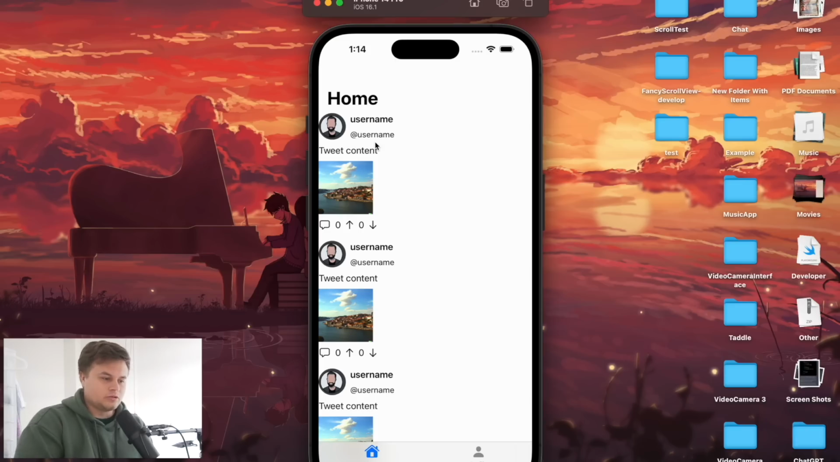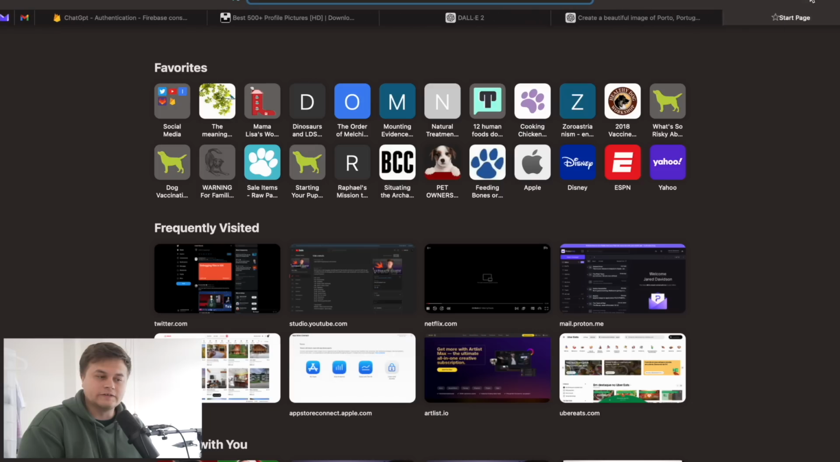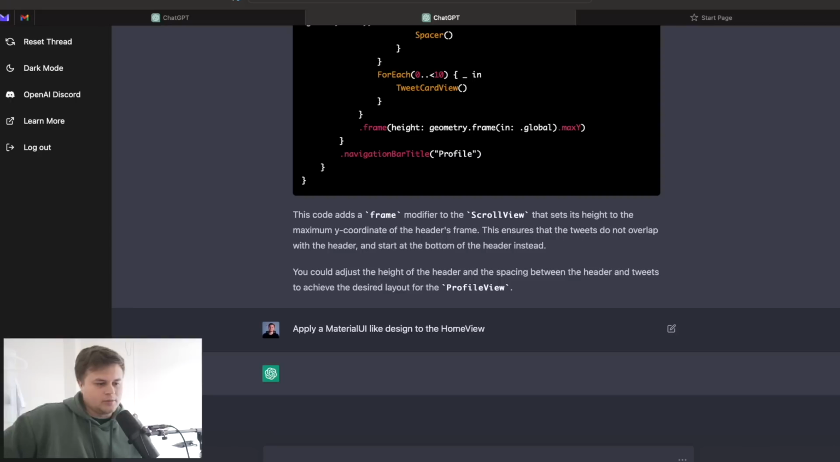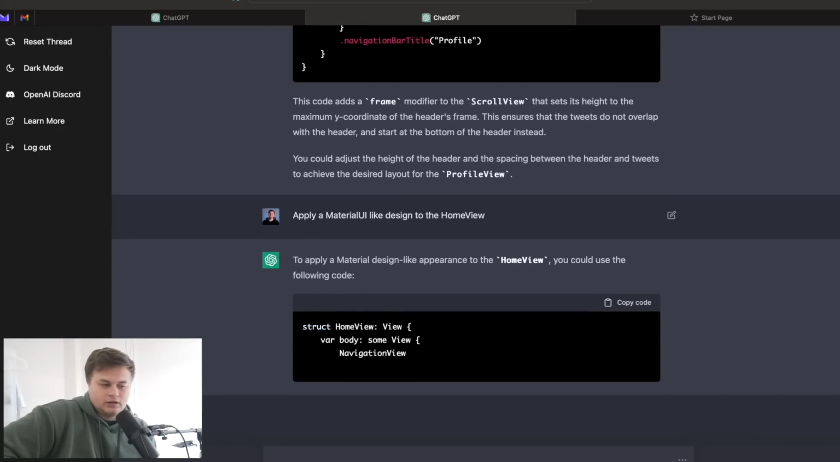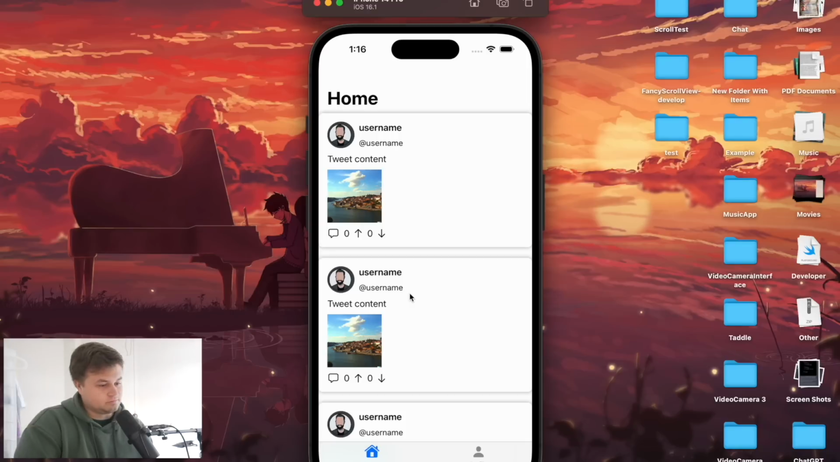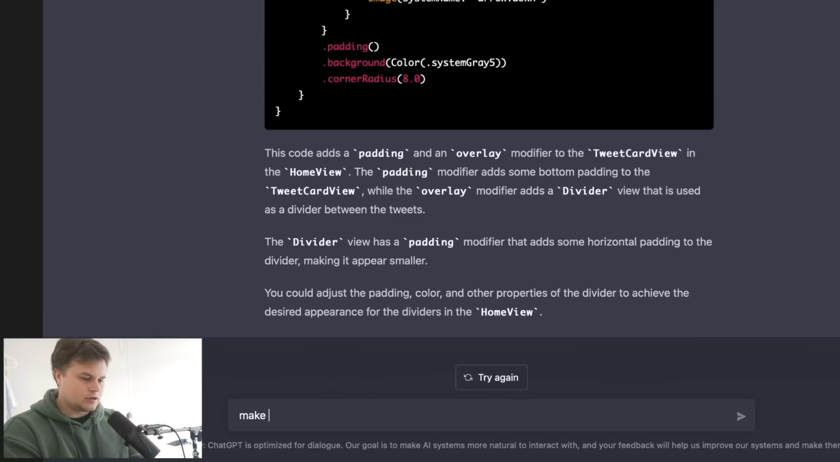Now, one thing I want to do is add some padding and stylization to things. So I wonder if we can reference like a known UX type of design. Apply a material UI-like design in the home view. It does not seem like they changed much. Oh, okay. Not bad. Not bad. Okay, one thing that I will note is I want this image to extend all the way out to the edges. Make tweet photo extend